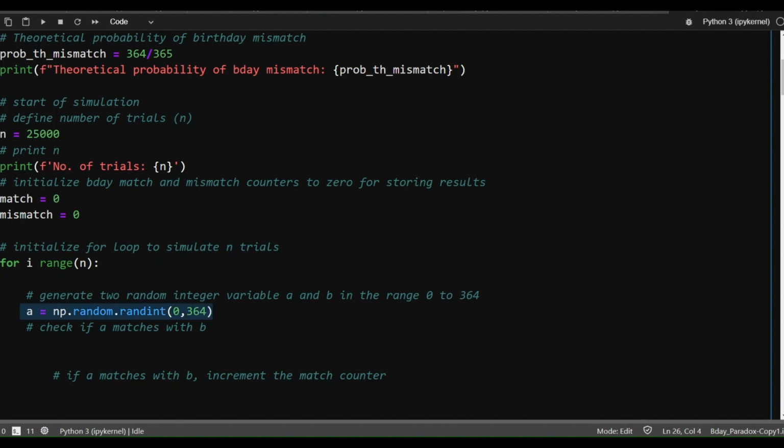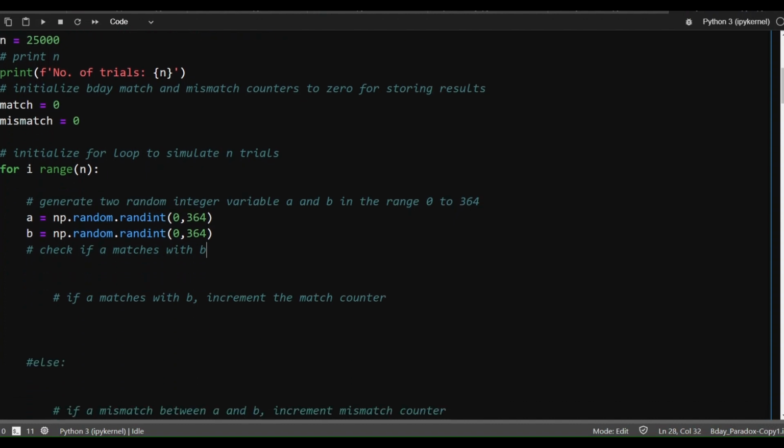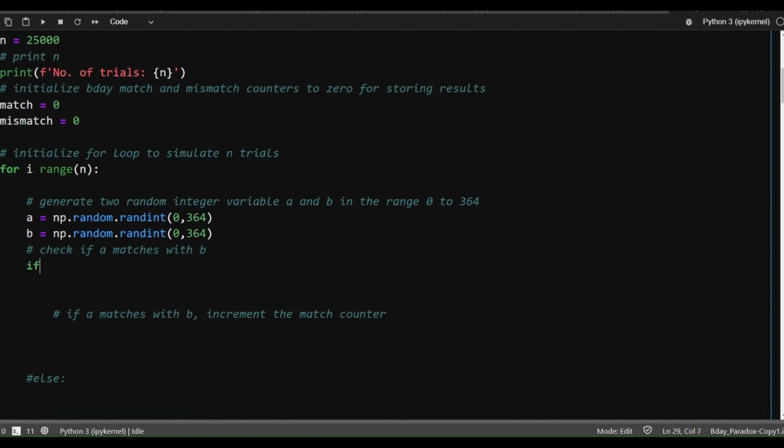So that was for A, and I'll copy the code. This is for the first person, and this is for the second person. And now I have to check the condition under which these two numbers are the same, they match. So if the condition is,